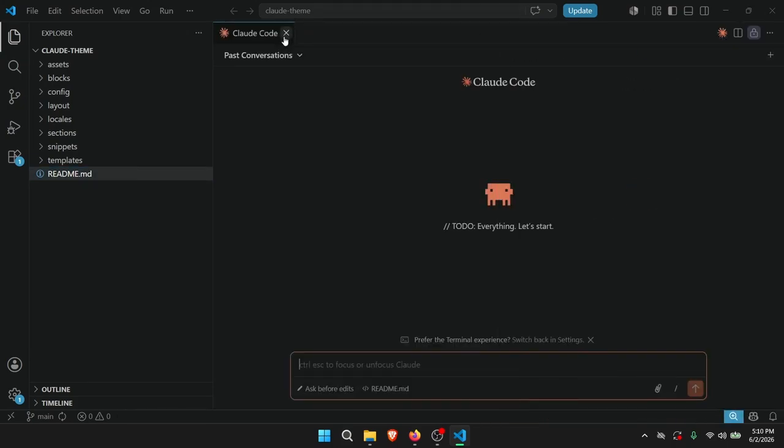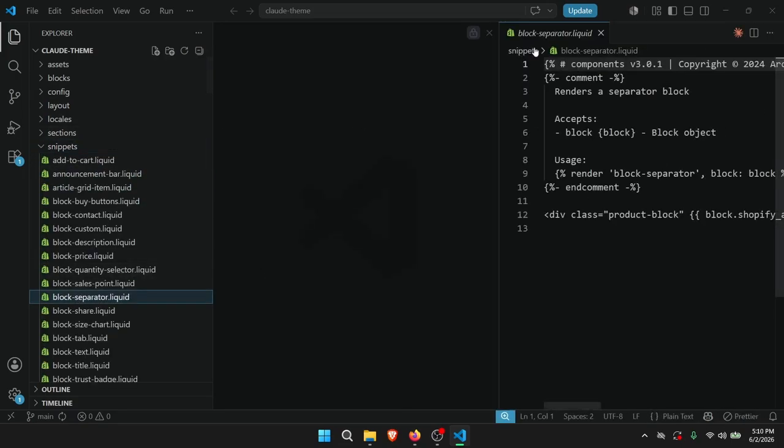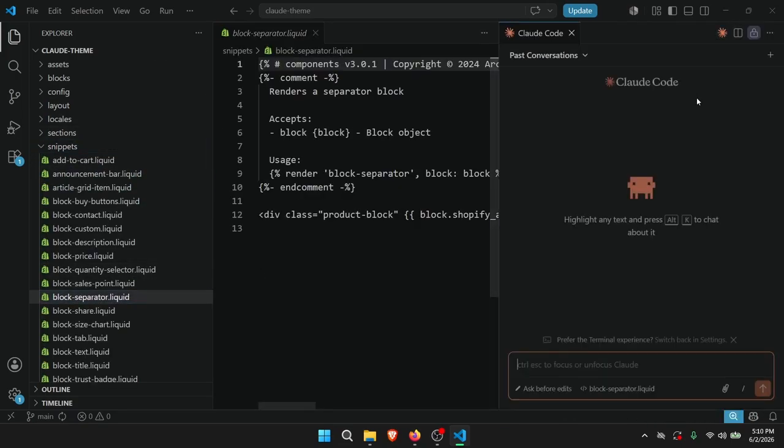And now this is how you, anytime you want to make changes to your theme, all you have to do is click on a file and click on Claude, and you can ask it to do anything, right? It has access to the entire project, so it doesn't have to be a particular file. I can tell it to do something like, can you scan my theme files,